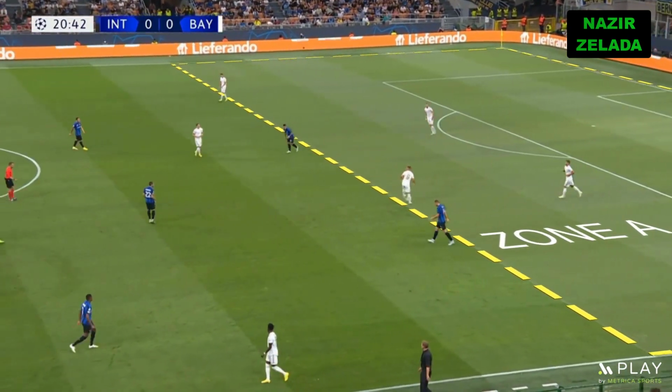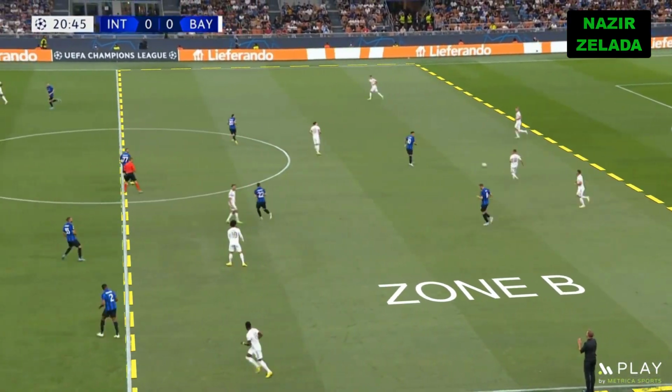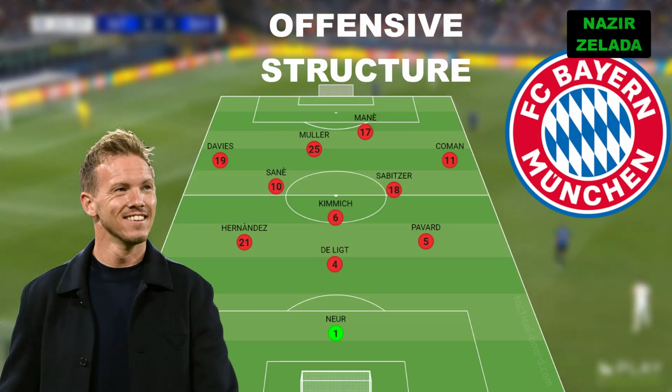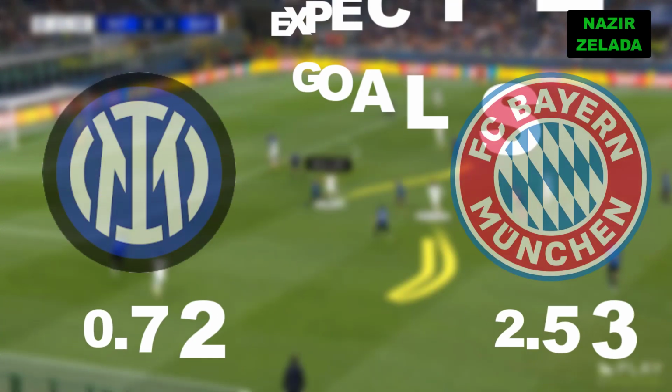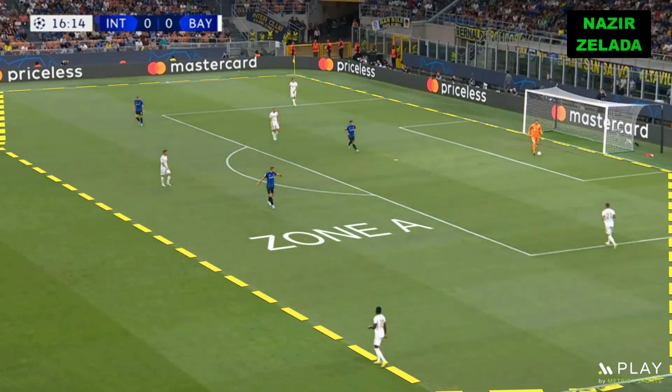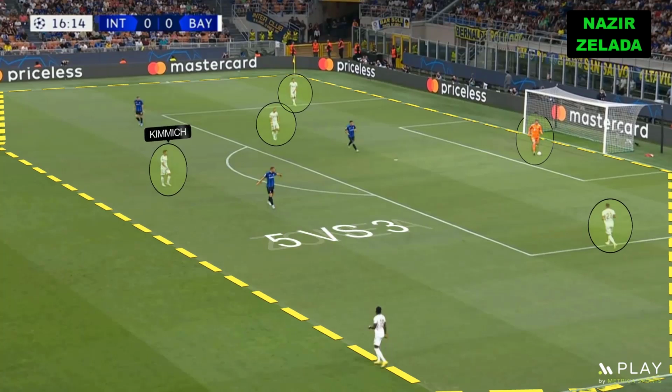Today we are gonna analyze how Bayern Munich's tactics controlled Inter Milan. In this video we will focus on Bayern Munich's offensive structure, since Inter had clearly fewer chances than the German side. In order to play out from the back in Zone A, Bayern needed the 3 center backs plus Kimmich,